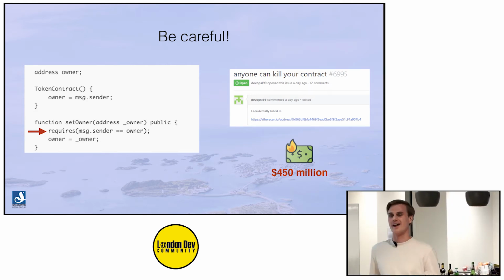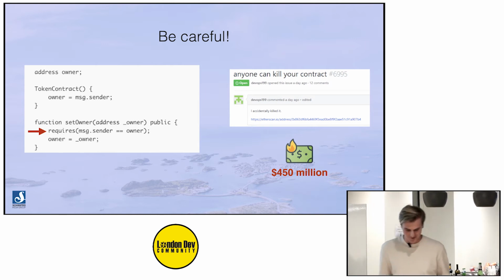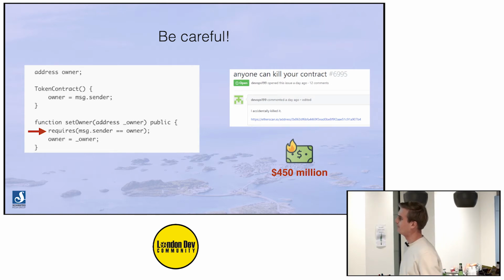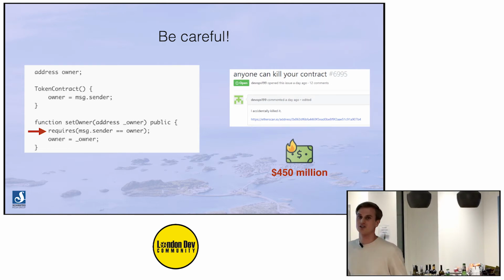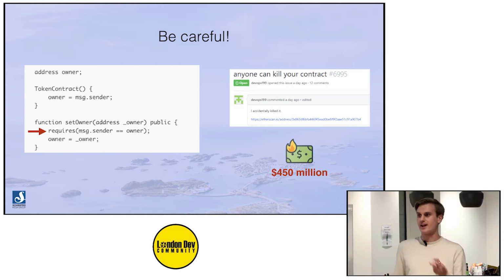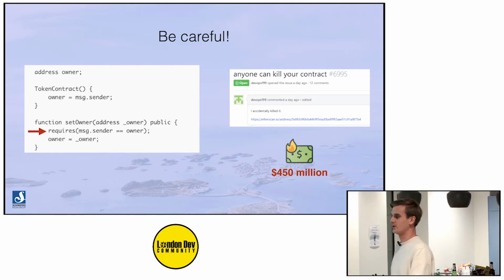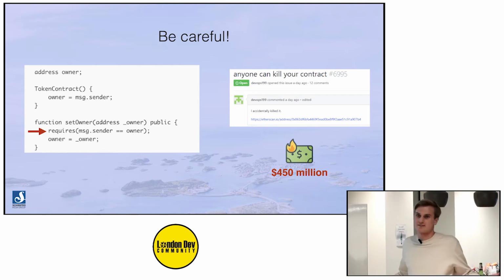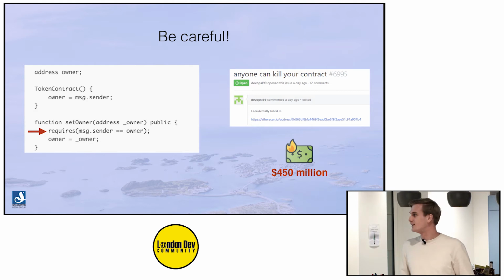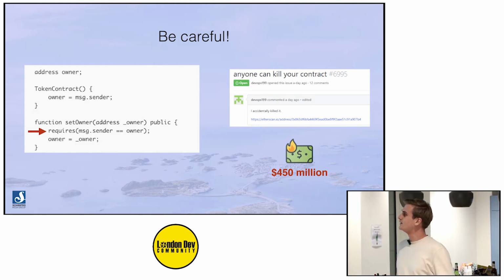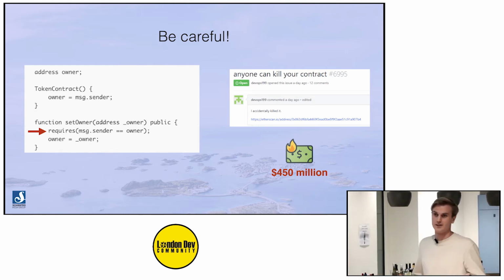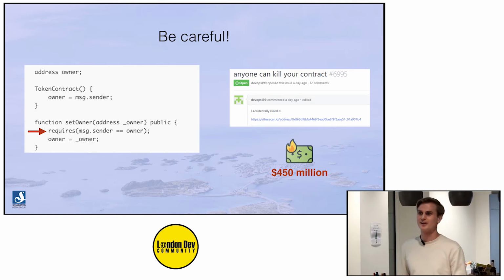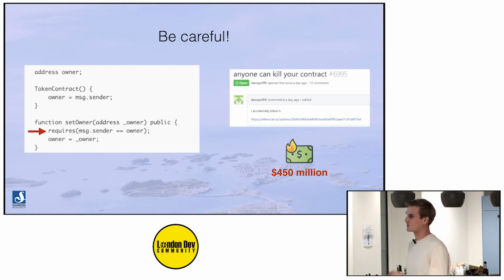And yeah, so this was an on-chain wallet called Parity. And this money is basically lost forever. Since that contract was basically the admin of that money, and that contract doesn't exist because he killed it, it's basically frozen forever. It's about 500,000 Ether, which is currently 450 million, might be much more in the future. So these are the types of things that you can encounter if you don't do this right.